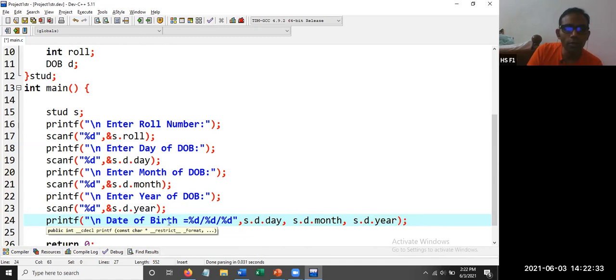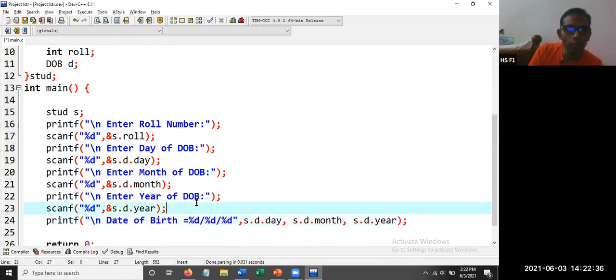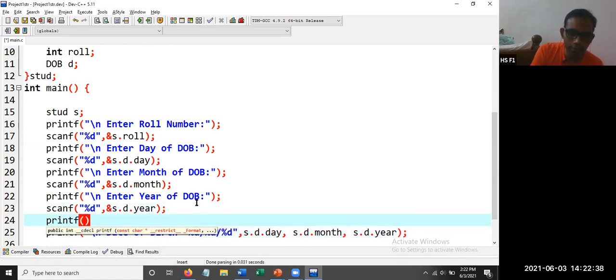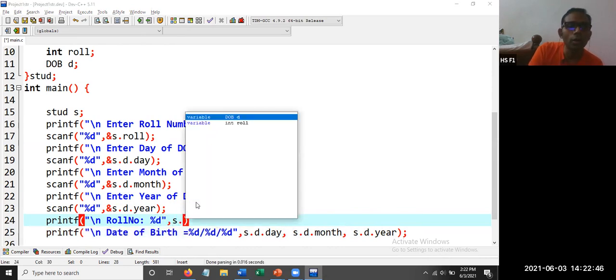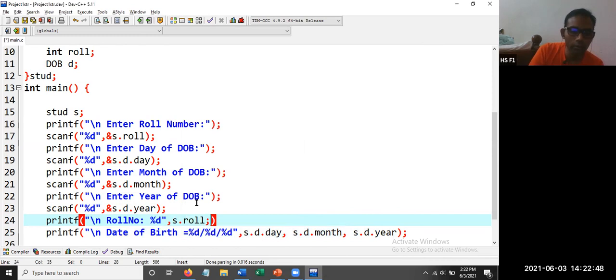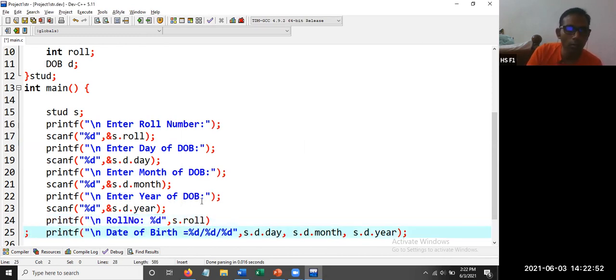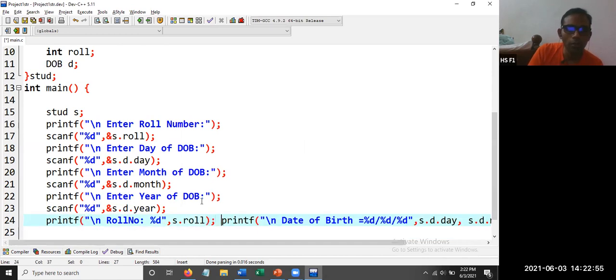So before this, if you want to print the roll number, you can write one more printf: \n roll number is equal to %d, comma s dot roll number.